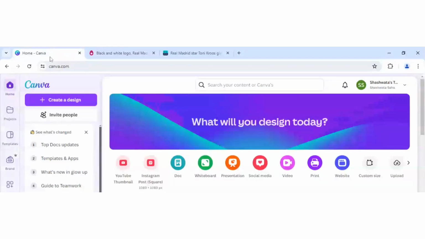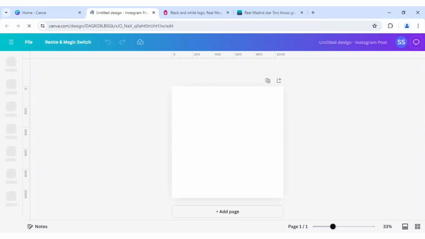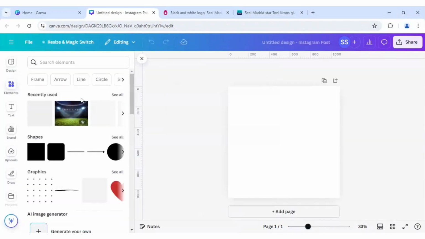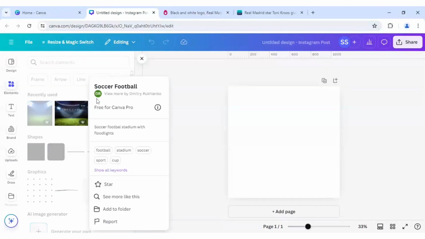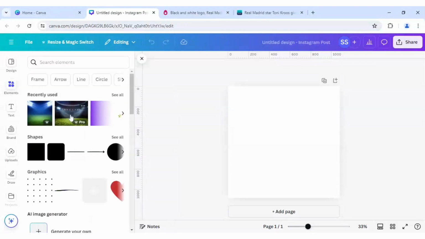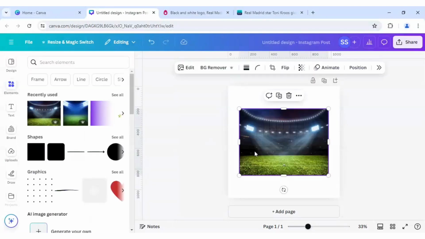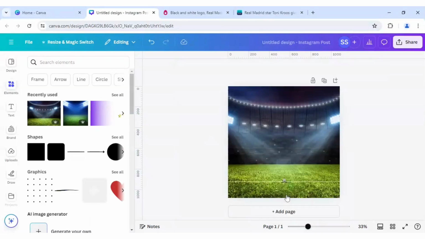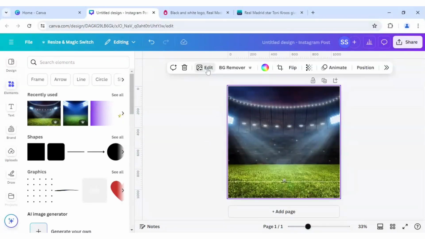Okay, so let's start. I'll be choosing Instagram post as my canvas, and I will click on this, and first I will add a soccer stadium. As you can see, it's a soccer football stadium with floodlights. I will add this image here, right click and set image as background. I will click on edit,